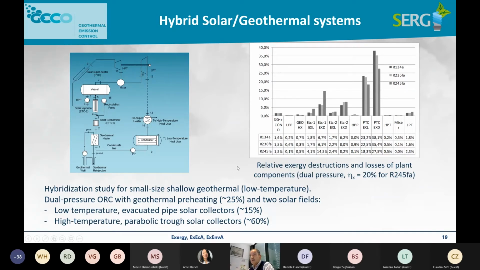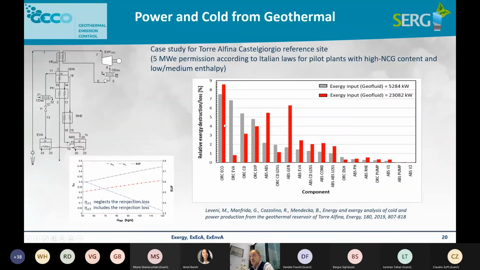There is also something beyond geothermal, which can be hybridization of geothermal. We have done simulations of geothermal plus solar, and we are still doing geothermal plus solar, even at 2 levels of pressure. As you see here, it's a scheme for integrating a binary cycle with 2 levels of pressure. This is the Exergy balance represented here. Most of the destruction is taking place in this solar section here, because the solar collectors are very irreversible indeed, both the high temperature and the low temperature loop.